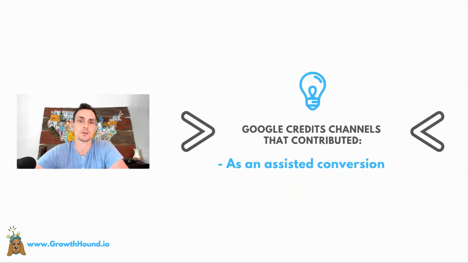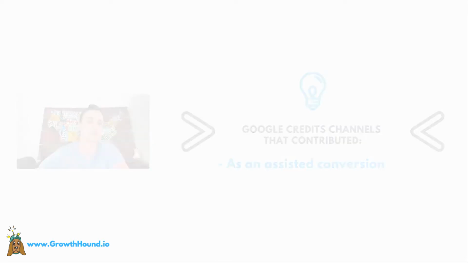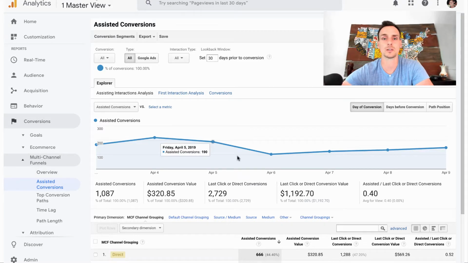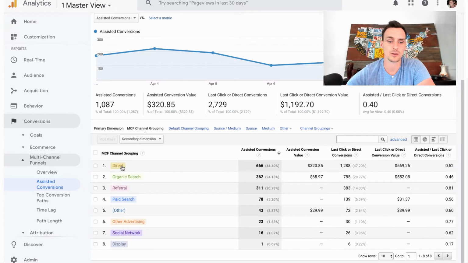Now, Google does a great job of understanding which aspects of your marketing activity helped to lead to that conversion event. So if we're in the conversions, and right beneath the multi-channel conversion section, you'll see assisted conversions. Google does a great job of providing the assist, if you're familiar with basketball, and giving an assist to specific marketing activities. And so you'll see here that some of these got assisted conversions for helping out during the marketing journey towards a user